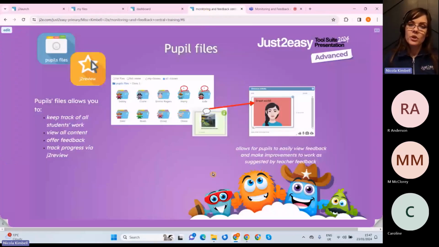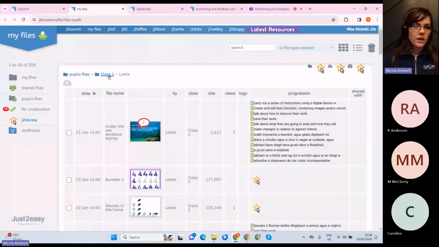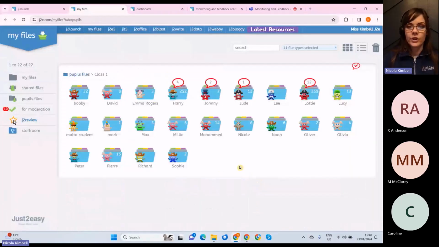So that is pupil files: how to offer learning conversations and feedback, using that for making improvements for the work suggested by teacher feedback, tracking the students' work, viewing all content, and also tracking progress. Now, the other thing I should show you, if I go back to my class view,